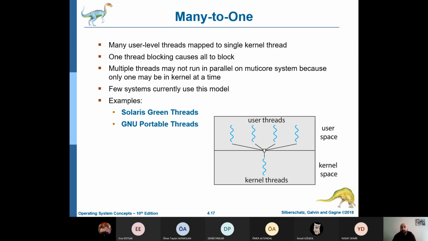The many-to-one model maps many user-level threads to one kernel thread. Thread management is done by the thread library in user space, so it's efficient. However, the entire process will block if a thread makes a blocking system call. Also, because only one thread can access the kernel at a time, multiple threads are unable to run in parallel